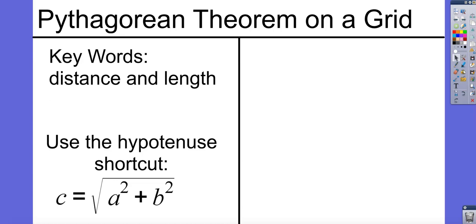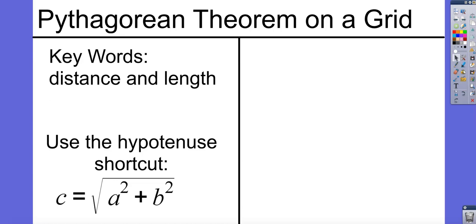So we're going to start our notes today with notes on Pythagorean theorem on a grid. Another way that you might see this on a test is with distance between 2 points. So go ahead and pause the video, copy the slide into your notebook, and push play once you're ready for